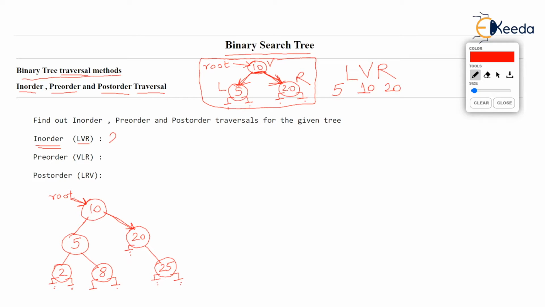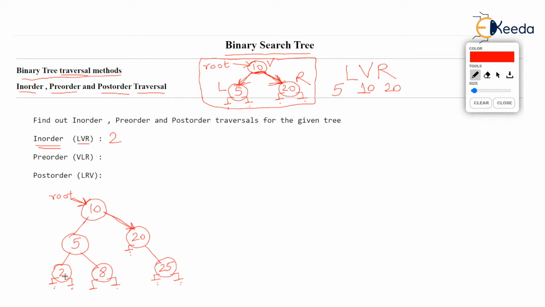So the first value that will be printed due to this tree in order will be 2. Okay, let's recap very fast. We started from 10, that is root. But this was vertex because we were here for the first time. So we said, no, we can't print vertex. We have to first print left. LVR is the rule. So we went to left and this again became a new vertex because we have reached 5 for the first time. So we said we can't print 5, we should first print 2, the left child. When we went to 2, we said it is our new vertex. But before printing it, we should print the left child. But left child was not there. So L, the left, for this 2 is over. So we printed the vertex. Now what?